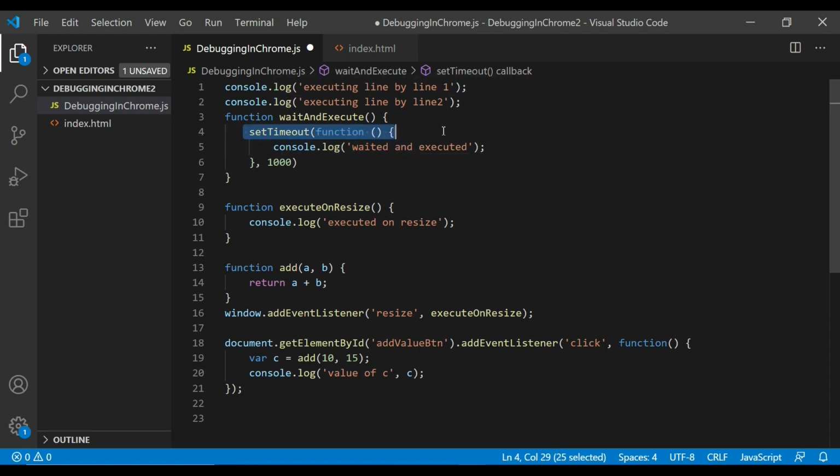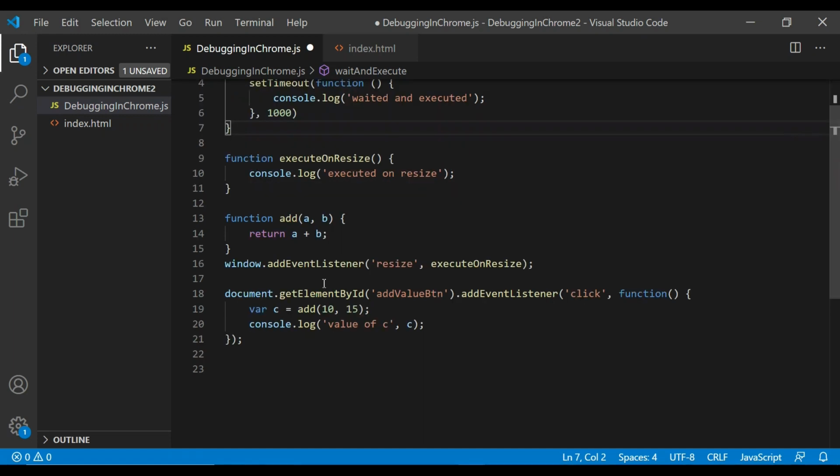So setTimeout, what does this function do? If you provide some time to it, it will execute this inner code after this much time. Okay, so after 1 second this will execute whenever this method is getting called. So if you think that after setTimeout this console.log will be executed, it will not, because it will wait for 1 second at least.